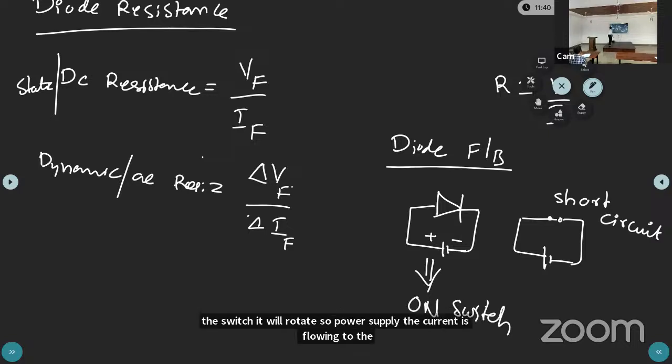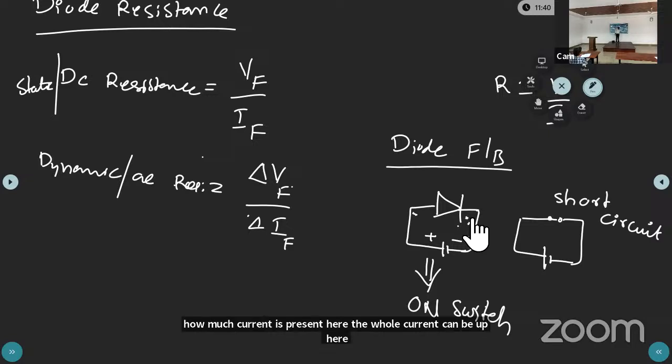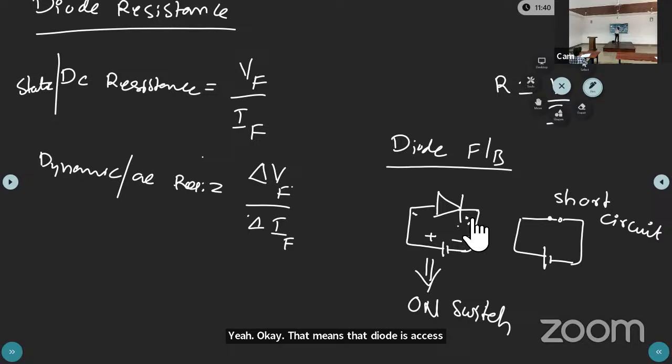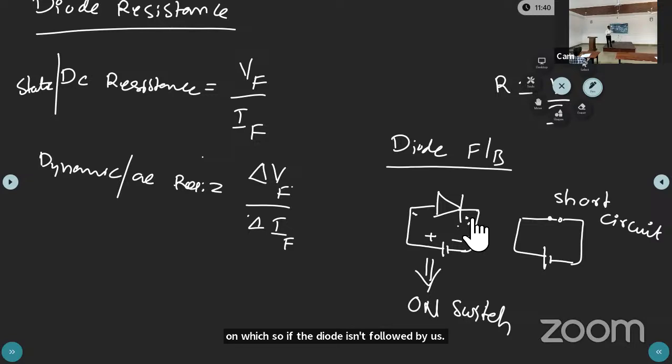And here also, after the cut-in voltage, if you apply the voltage, the whole current can cross the junction. Whatever current is present here, the whole current can appear here. That means the diode acts as a short circuit, and if the diode acts as a short circuit, then that can be called an on switch. So ideally, if the diode is in forward bias, the diode acts as an on switch. Now, if the diode is in reverse bias,